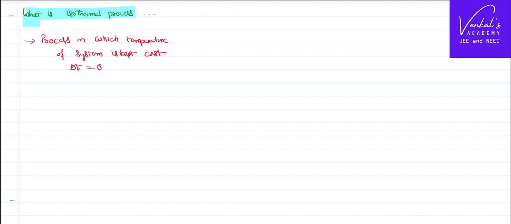So how do you keep the temperature of a system constant is interesting. How we do that is, we keep the system perfectly conducting to the surroundings. Perfectly conducting to the surroundings. Means what? When you have a system, say this is a system,